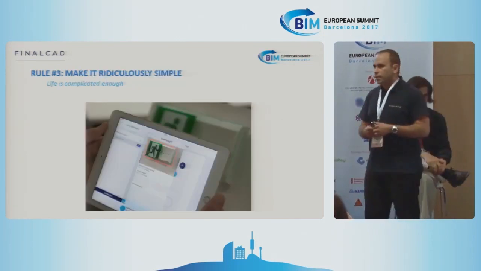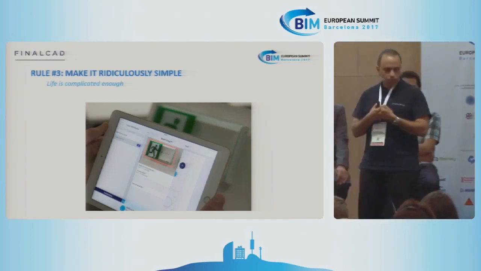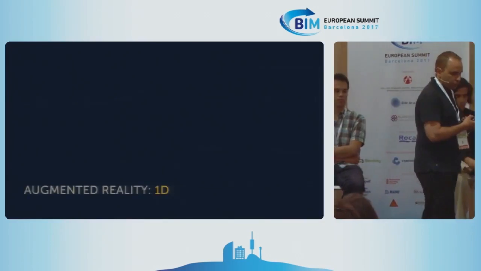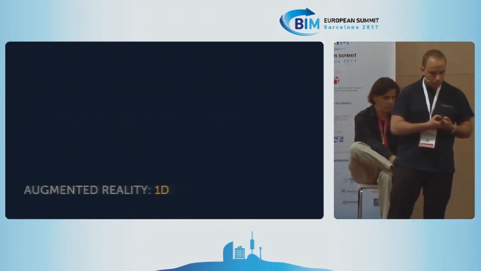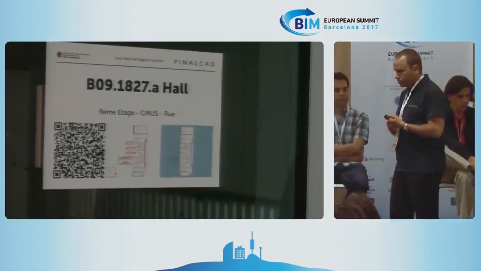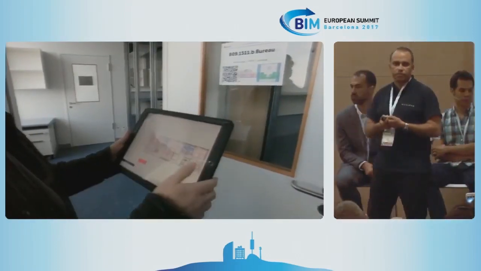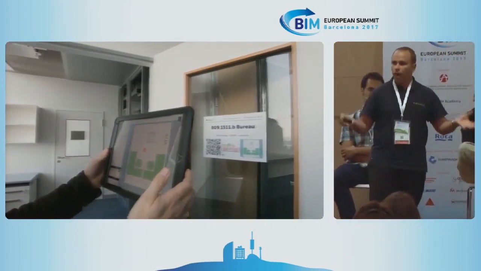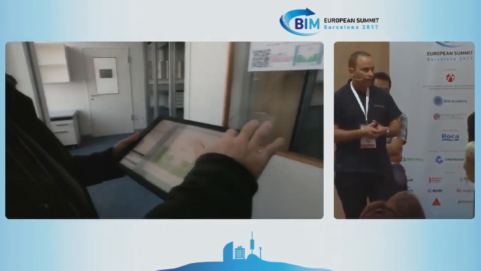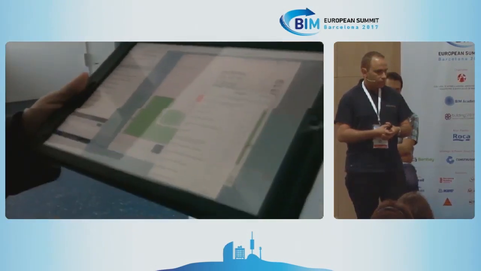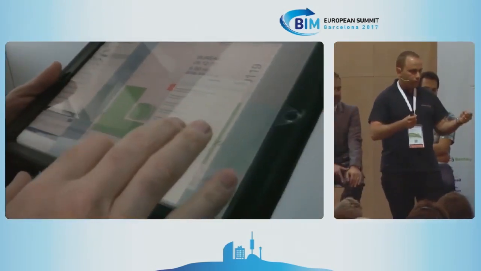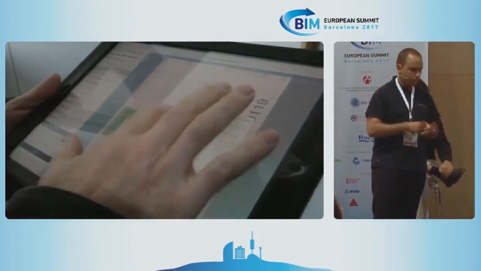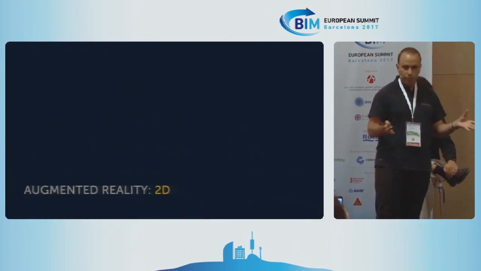Rule number 3 is to try every time we can to make it really, really simple. So I'll show you 3 examples. The first one is we've been using QR codes because in most buildings, especially housing or here it's a hospital, all the rooms or all the housing units look like each other. So it's really a pain to get sorted where you are. So here you just flash the QR code, and boom, you're instantly brought to the right blueprint or the right